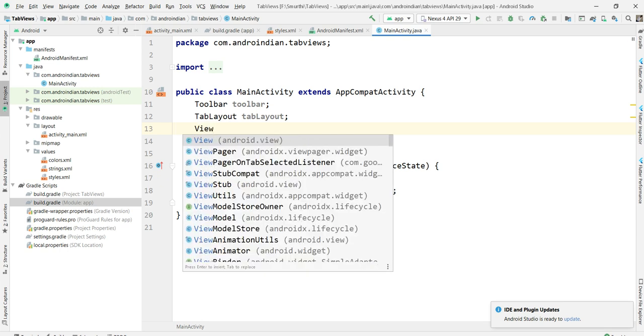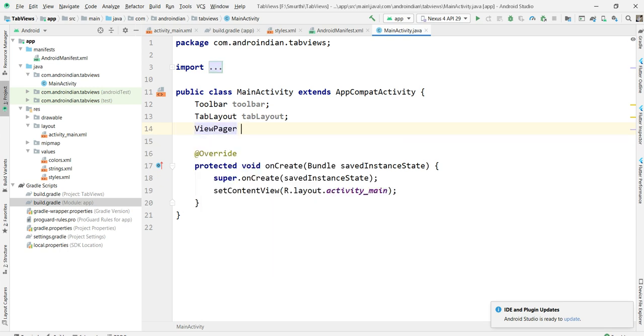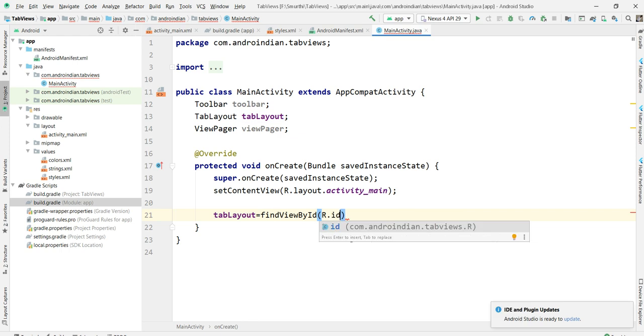All that we have there, we are defining here. Then we are going without data binding, so we need to find view by id. Tab layout equal to find view by id, that is R dot id dot